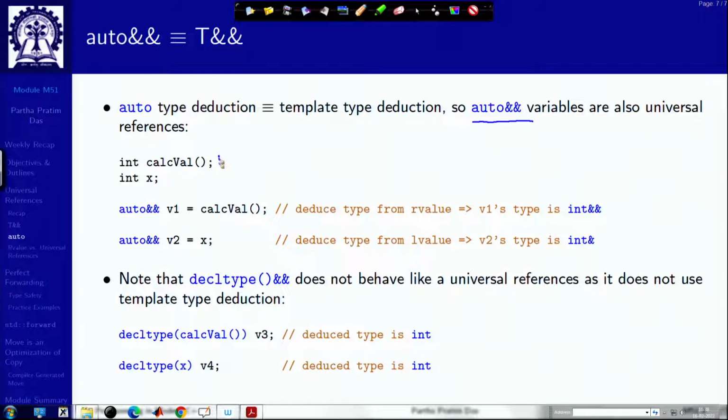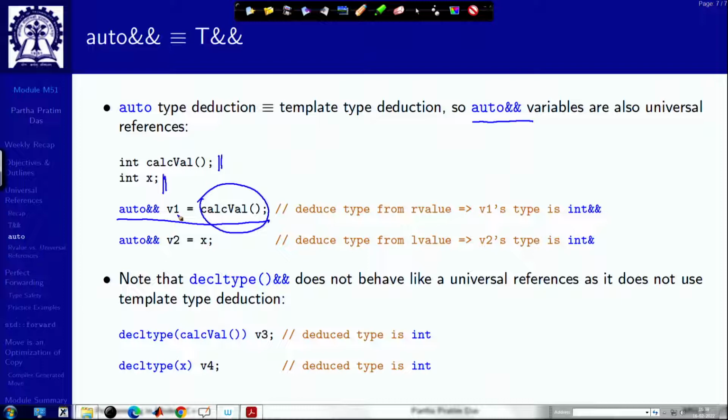So, here we have an R value generator, a function call which will give a value, and here we have a variable which is an L value. So, if I initialize the auto variable v1 with calc val, which is an R value,